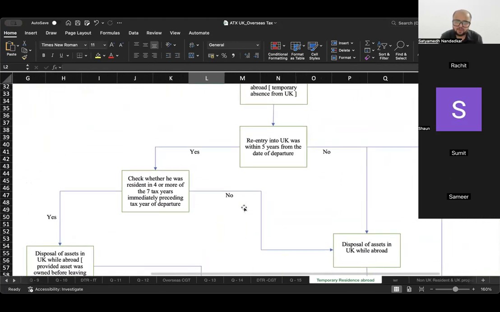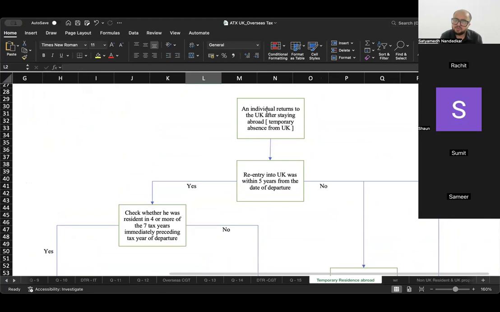उसके लिए you have to refer to this flowchart. An individual returns to the UK after staying abroad. ठीक है, there was a period of time briefly when he was not in the United Kingdom. आप check करो, re-entry into the UK was within 5 years from the date of departure. ठीक है, he left the UK and he came back to the UK within 5 years from the date of departure. If the answer to that is yes,